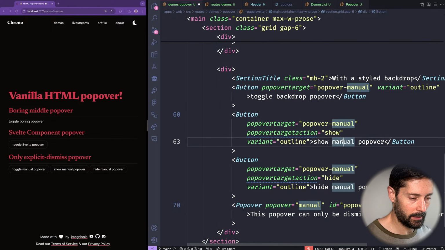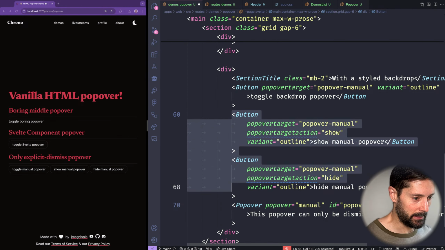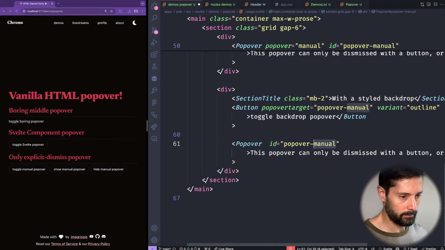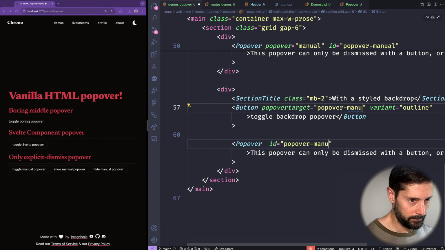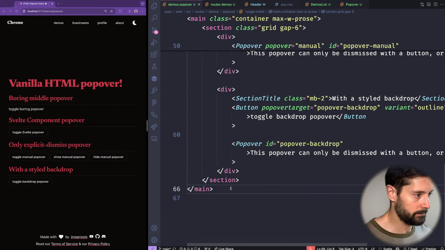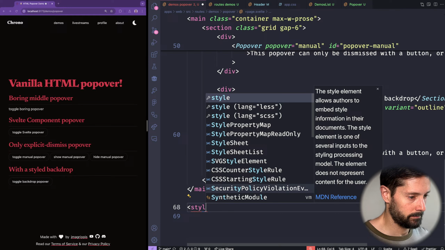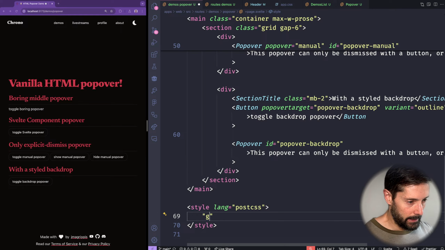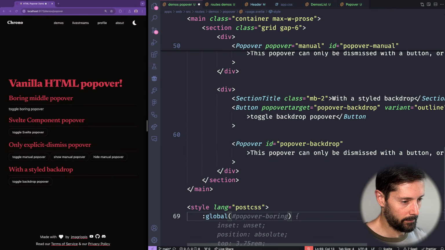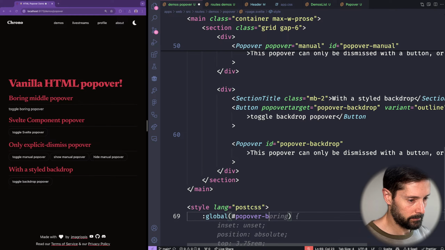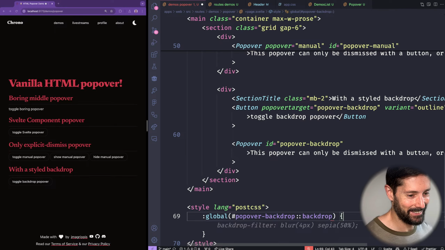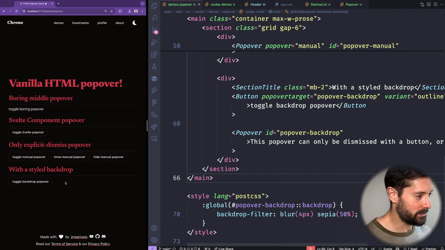Popover. Just the one button. And let's hit popover backdrop and apply backdrop filter, blur, and sepia. So now when we open this,